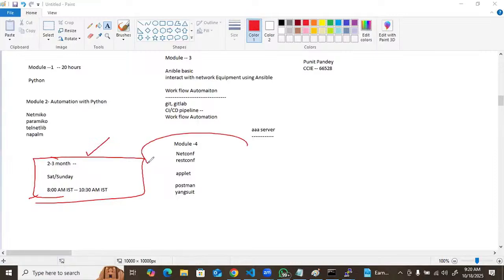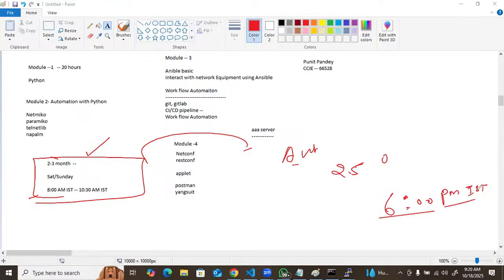If anyone has an issue with this time, we are starting one automation batch from the 25th of October, from next week, in the evening at 6 p.m. IST. So if you have any timing issue, you can join that batch also. That's not an issue. And that's October 25th, you said?